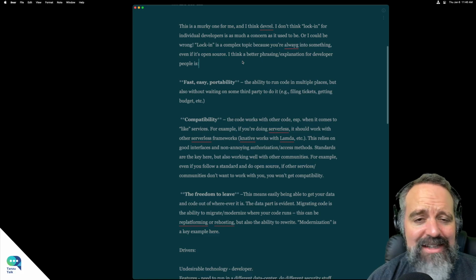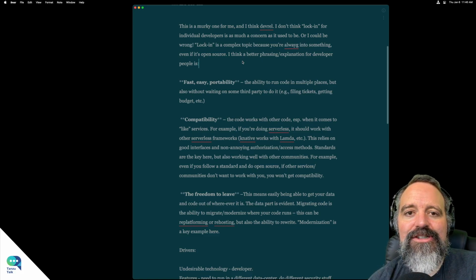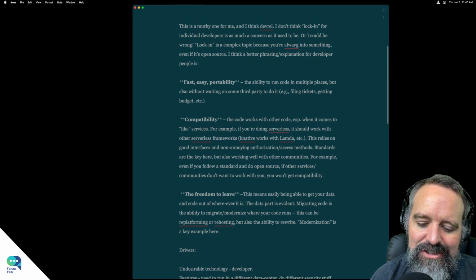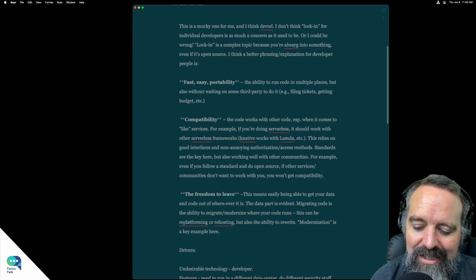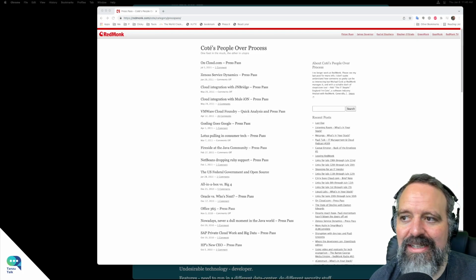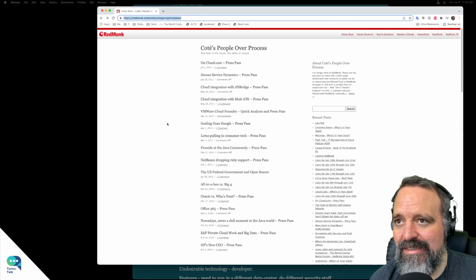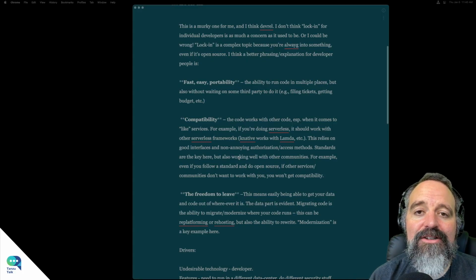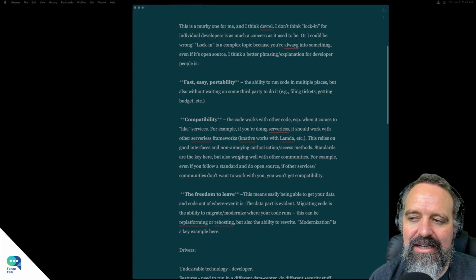But to that point, that covers all the bases of thinking in a more nuanced, complicated way about lock-in, in the sense that it's not just we're using this piece of technology and now we can't move from it. There are all sorts of types of lock-in to worry about, and thinking about what else you're locking in and weighing whether you should do that or not.